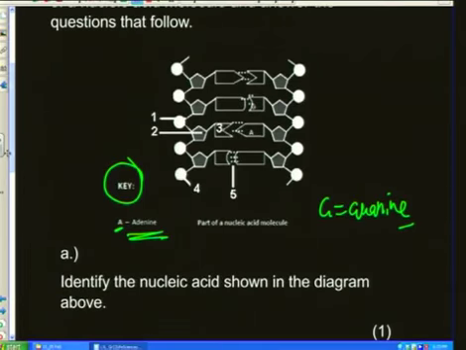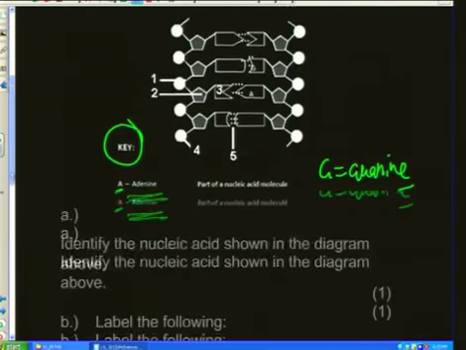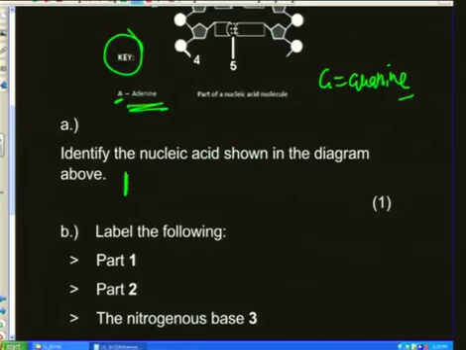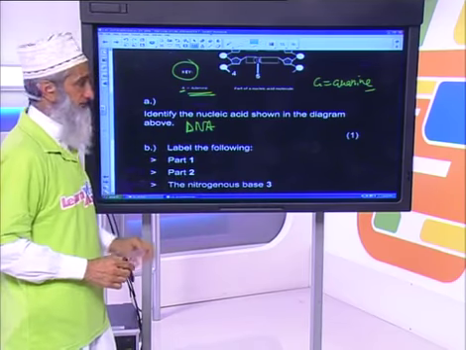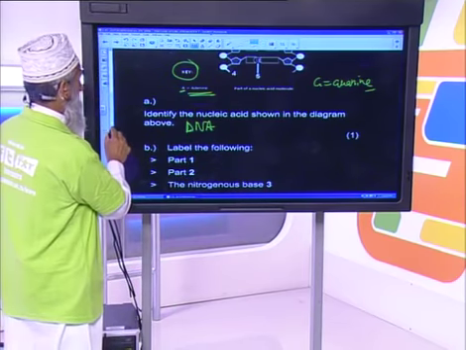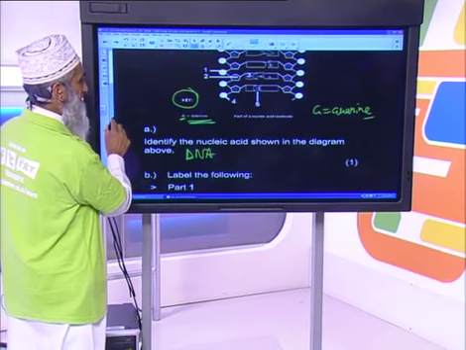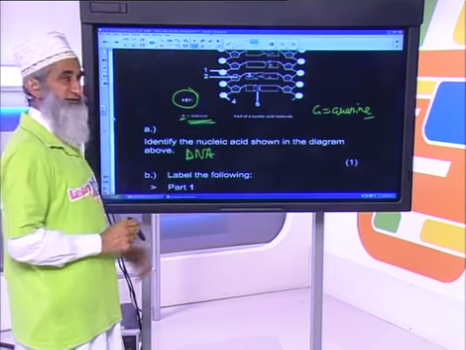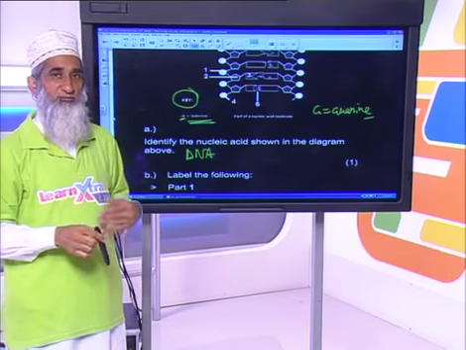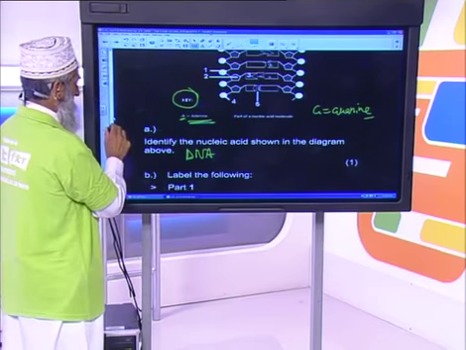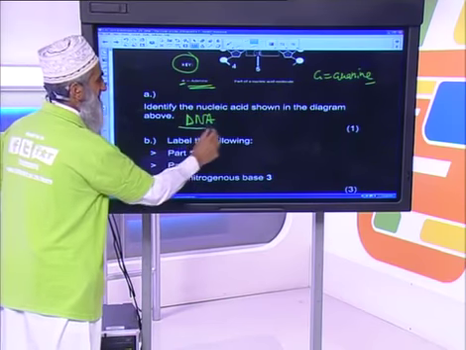And we've just done this work. So this has to be DNA. Remember, you don't have to write out in full deoxyribonucleic acid. DNA is an accepted abbreviation. Now, I can ask you another question before we even look at the next question here. After you've learned both molecules, another question may ask you, give a reason for your answer. In other words, why are you saying that this is DNA?